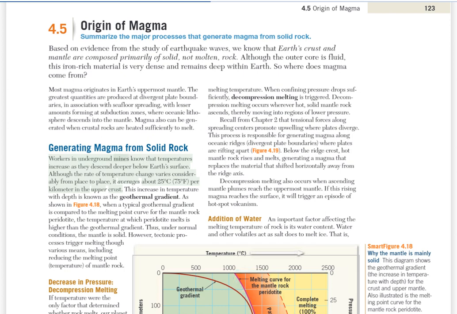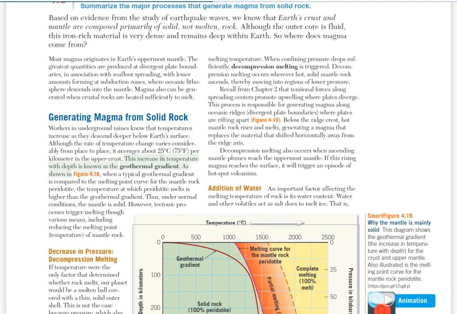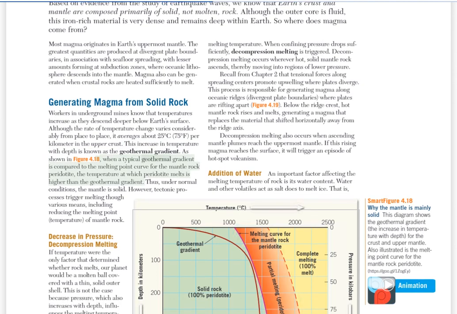Workers in underground mines know that temperatures increase as they descend deeper below Earth's surface. Although the rate of temperature change varies considerably from place to place, it averages about 25 degrees Celsius per kilometer in the upper crust. This increase in temperature with depth is known as the geothermal gradient. As shown in Figure 4.18, when a typical geothermal gradient is compared to the melting point curve for the mantle rock peridotite, the temperature